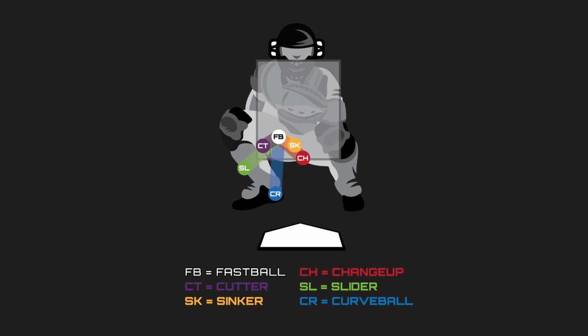Here's some of the good things about pitch tunneling. If you throw more to the periphery of the strike zone, so here we're aiming a fastball low and away to a right-handed hitter or down and into a left-handed hitter, you can see that the fastball is going to track where it's going to track, and then the cutter is going to go off to the corner of the plate. The slider is going to break off of the plate, so that's going to be that swing and miss, like an 0-2 slider.